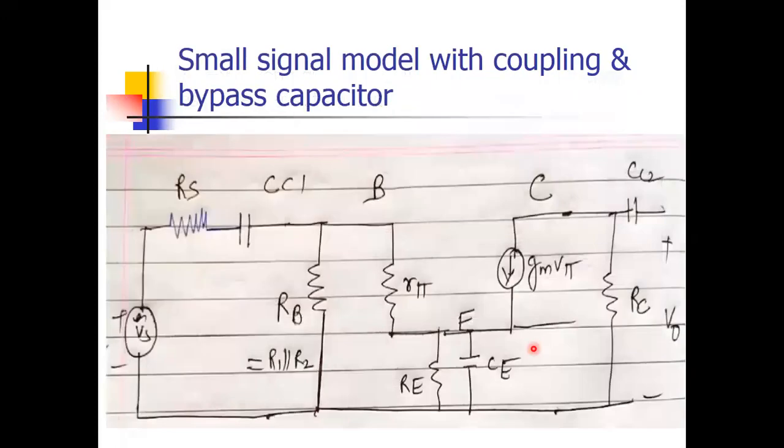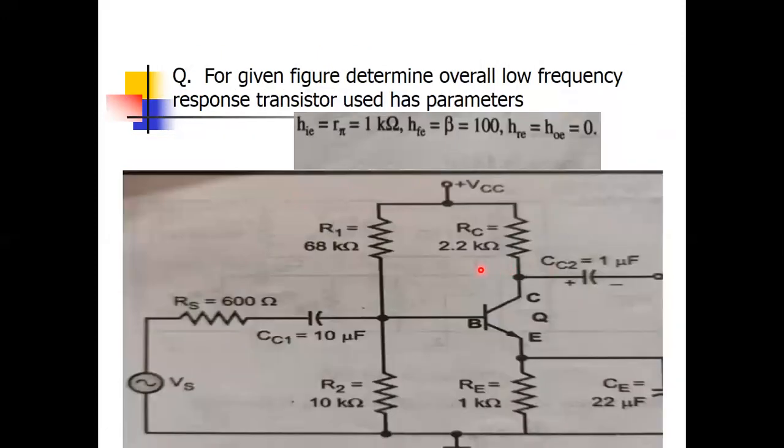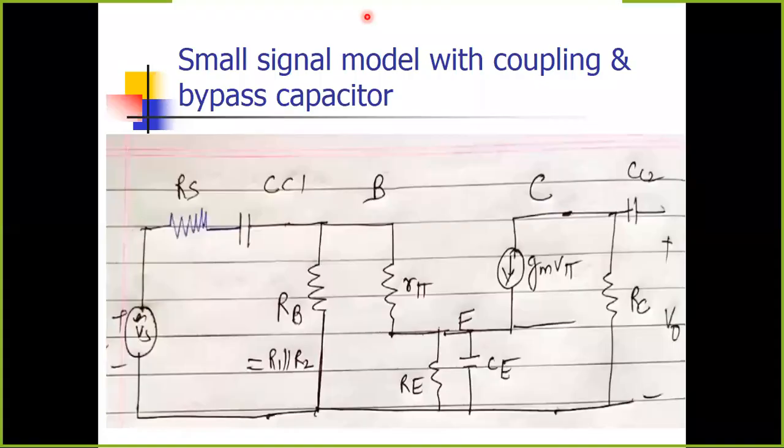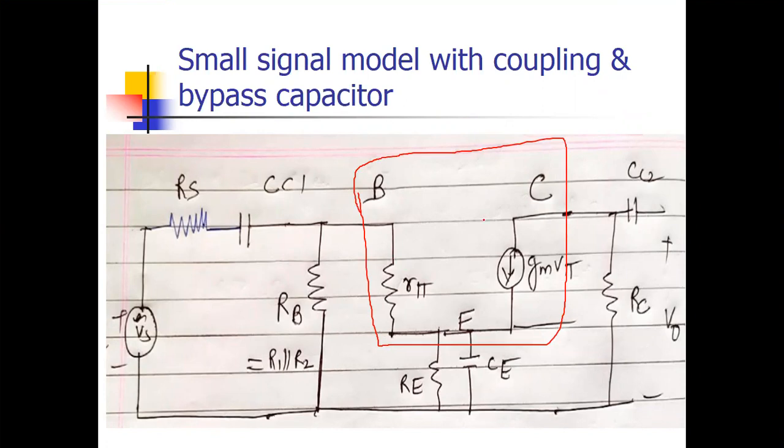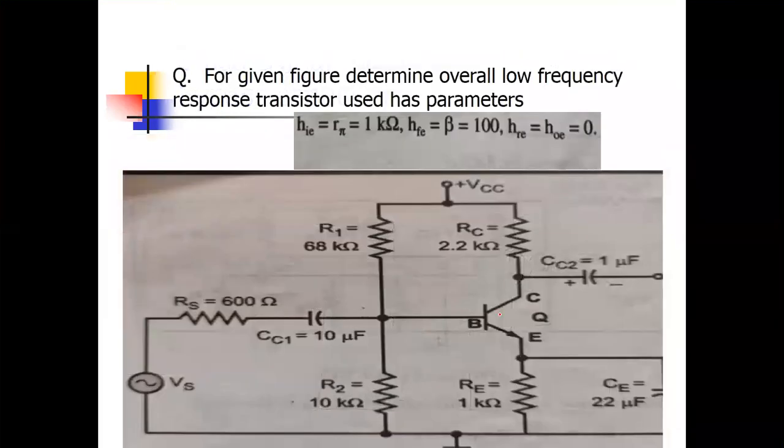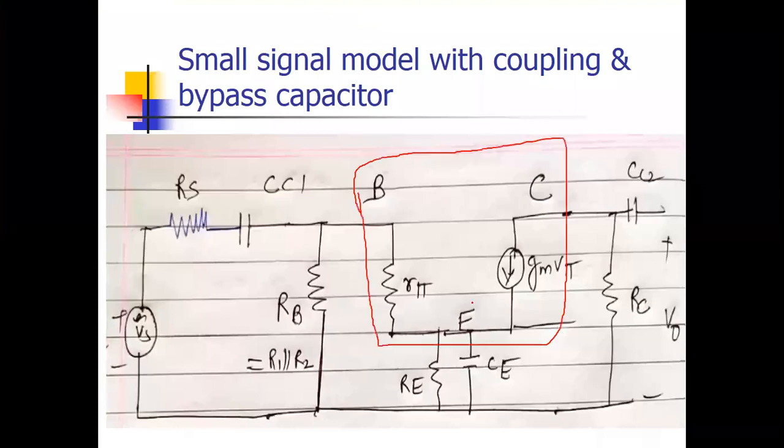First of all, we have to draw the small signal model. We have already learned in the previous lecture how to draw it. Just have a quick overview. This BJT symbol is converted into this. This is fixed for any BJT, this circuit will be drawn. This one is the input resistance, this is your output current source, and this is the emitter. This is fixed for any BJT. Whenever we are doing any AC analysis, at that time DC is grounded. Learn this, this circuit is fixed.